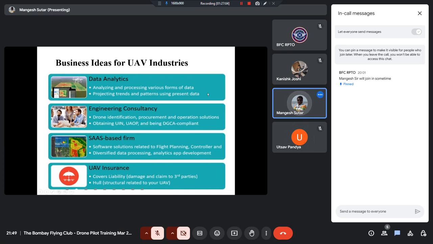Like you want to design an aerial show using the drone. You need to program that drone. You need to configure it and fly the drone as per your requirement, as per the image or whatever the requirement the customer gives. So you need to fly and see how the drone performs when you give a particular signal. Those are all automated flight plans that are fed, and you plan the flight plans based on the data. Then the engineering consultancy, like drone identification, procurement, operation solutions, obtaining UIN numbers,